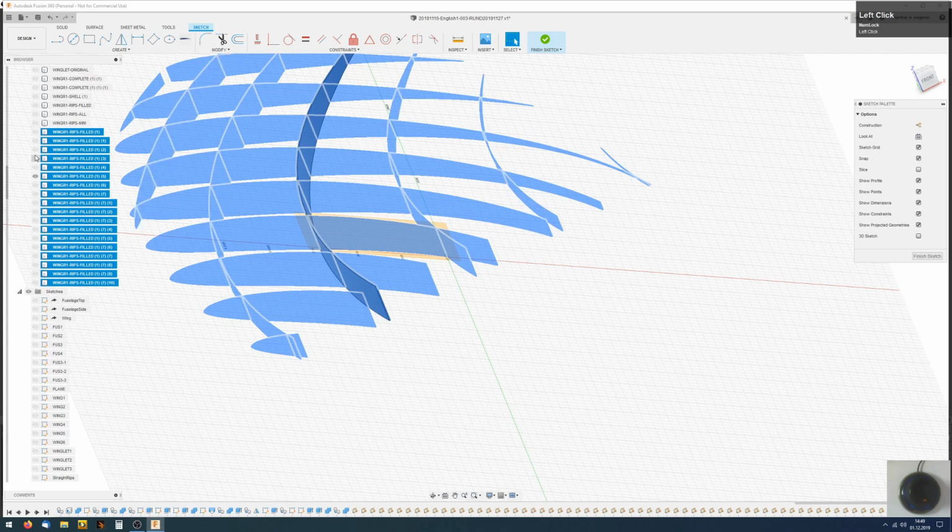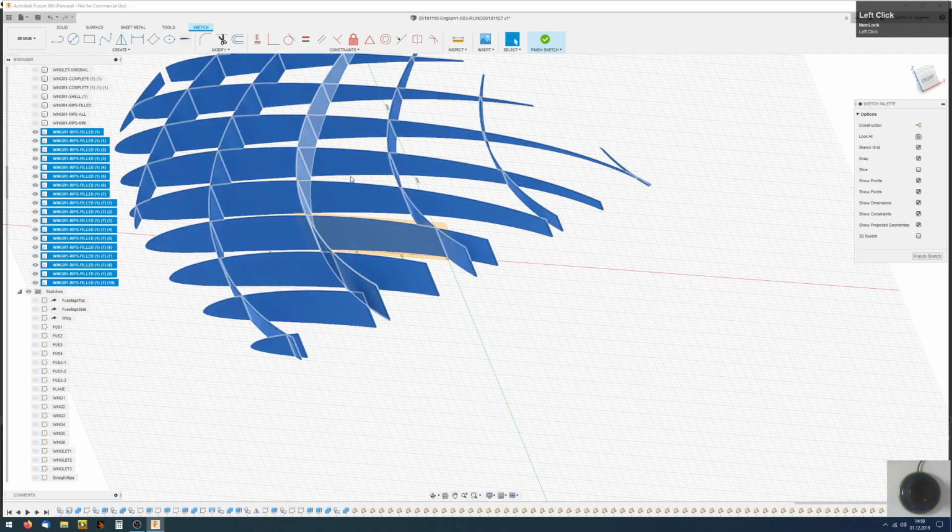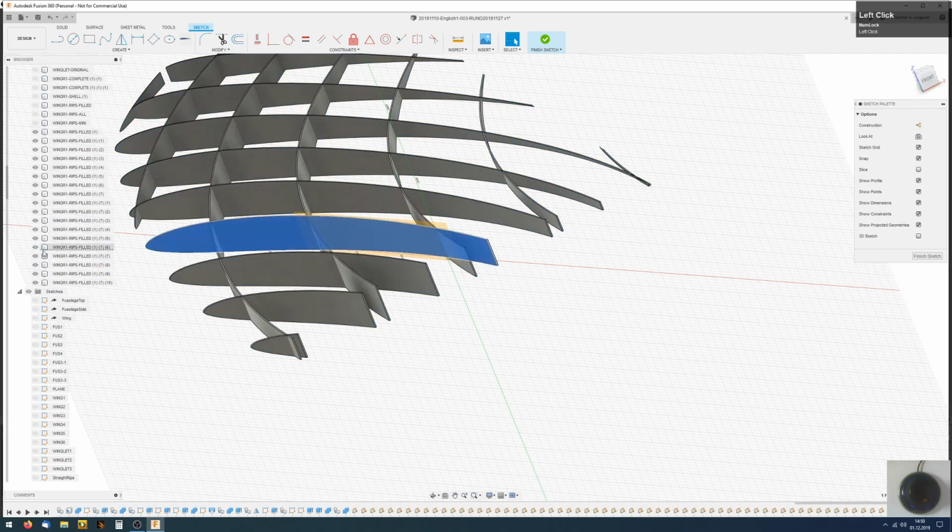No. Perhaps I make all visible again. Whips filled. Visible. And I want to make this whip visible. And this one.